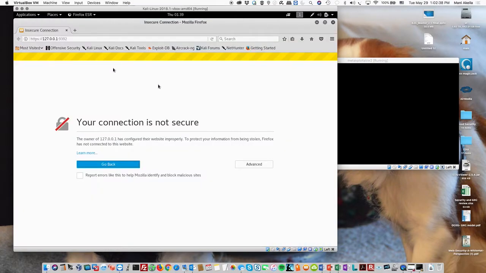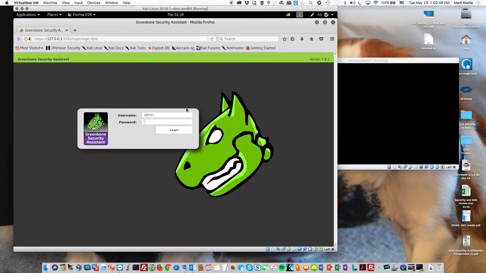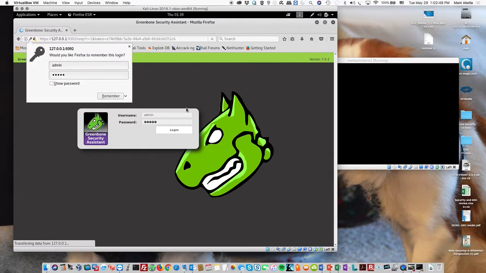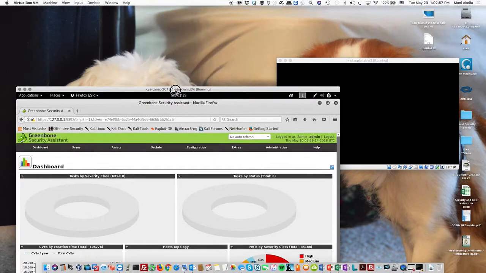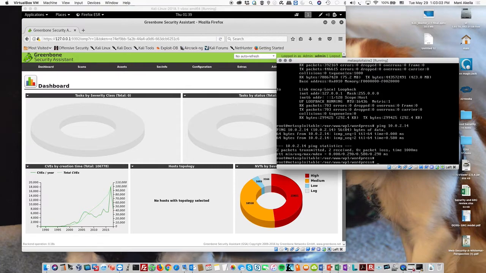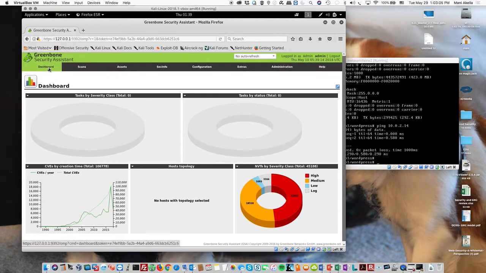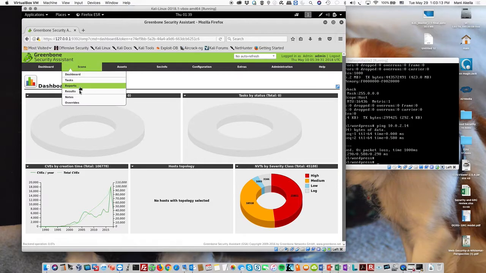So let's see. Alright, it worked. So we've got OpenVAS up and running, and we've got into our dashboard. Now, all you need to do at this point is to go into scans, tasks,